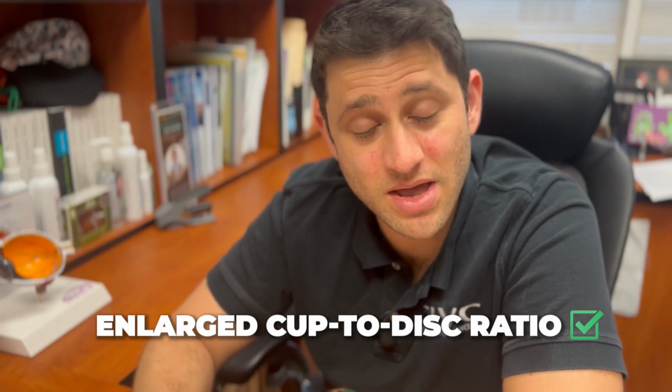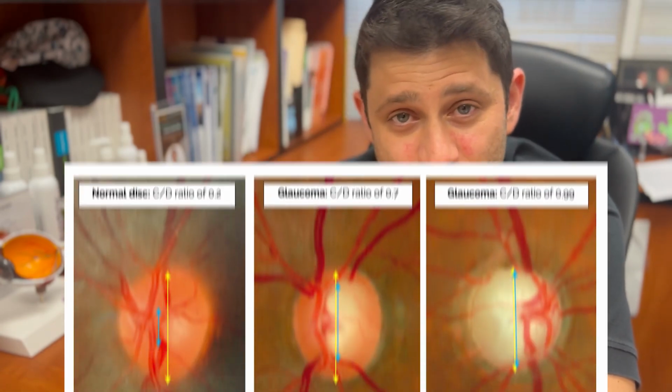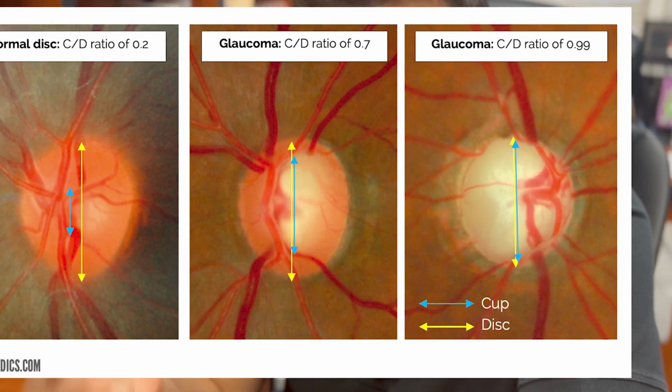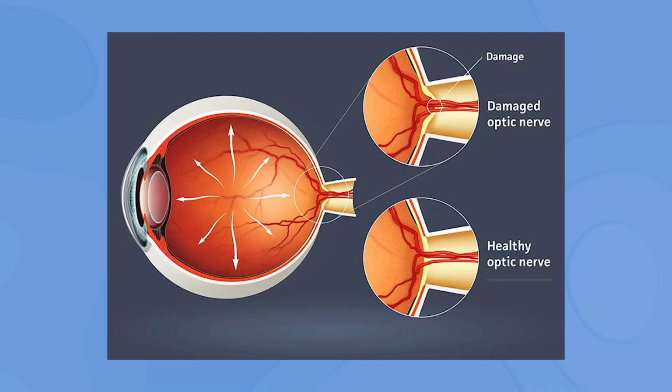And the appearance of the nerve looks different for patients with glaucoma. So on exam, we can look and we can say, oh, this looks a little bit unusual. We often describe that as an enlarged cup to disc ratio on the exam, which means that the outer perimeter rim of the nerve is defined, but the ratio between the central invagination of that nerve looks a little bit larger than it probably should in most patients. And that suggests that the pressure is almost pushing that nerve tissue out. It doesn't work exactly like that, but that is how we think about it,